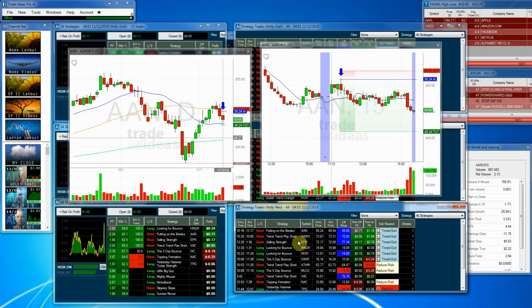So, if you have Holly, I'd suggest that you keep an eye on some of the shorts, especially on a day that is going down, because she definitely tends to make more profit on the shorts. Of course, some longs she does very well on also, but that was the best trade on the risk off